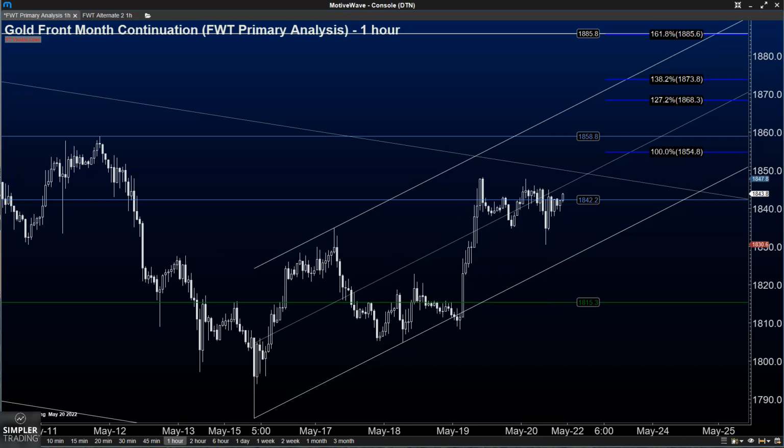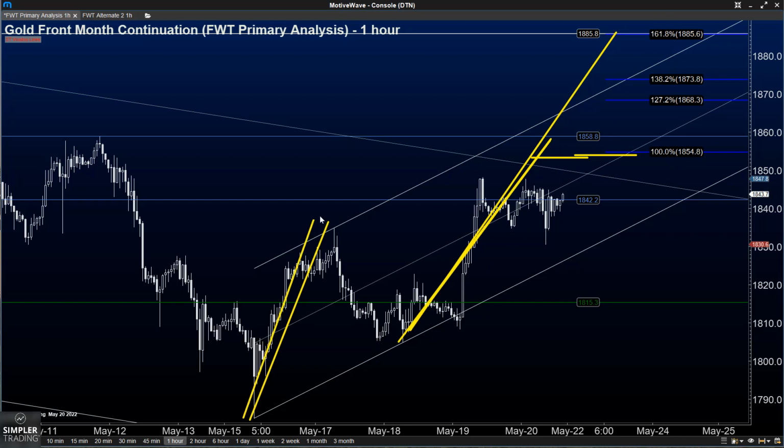And in particular, when we get a leg up and another leg up from there that is roughly similar in size, and they would be equal if we could get to 1854.80. We're not even there yet, but if we could get there, they would be equal. Even that could just be a counter trend bounce. It would be a move closer to a leg like a 161.8% of this initial leg that would start us thinking that this might be resuming an uptrend.